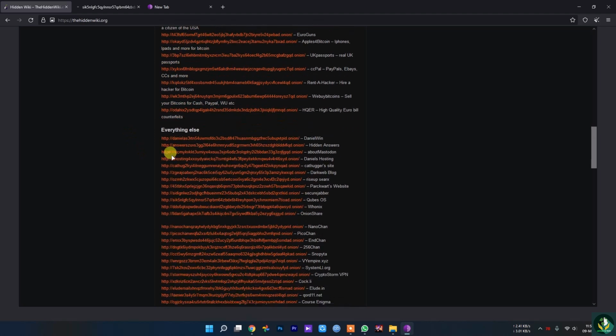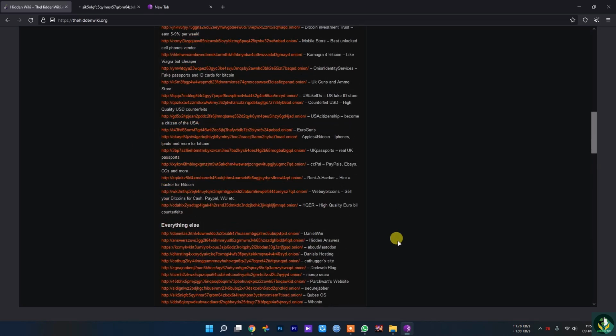It also contains a few torrent websites. If you check this out, there are a couple of torrent websites in here. But another tip I would give is that I would not recommend going to these torrent websites on the deep web, because that can basically give away your location.